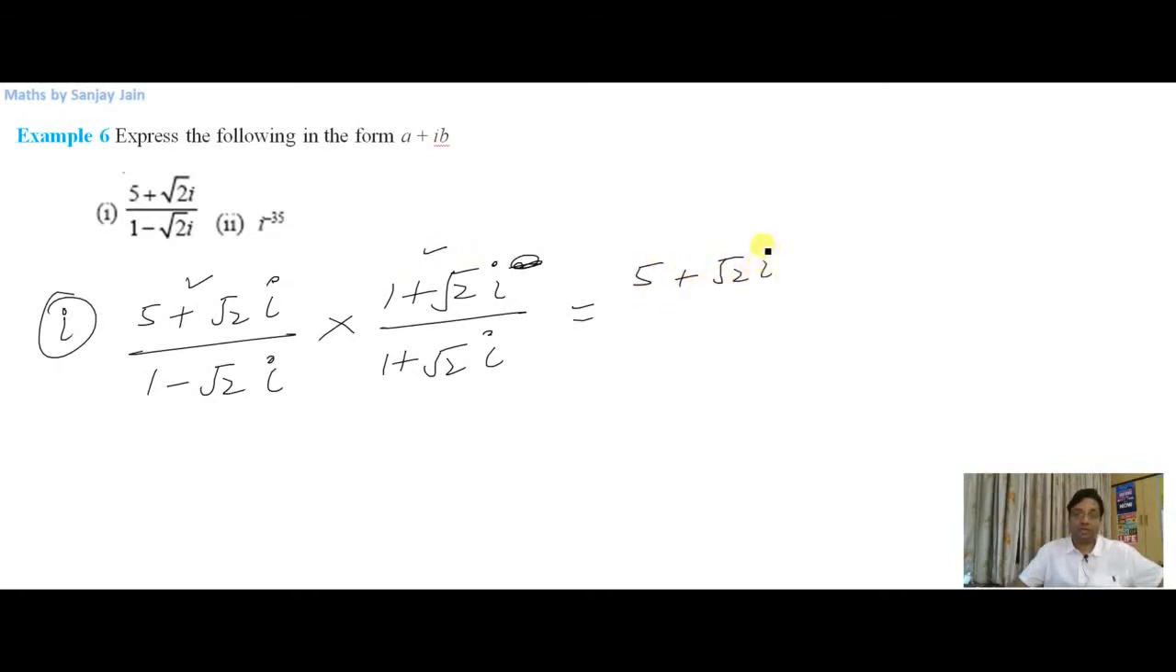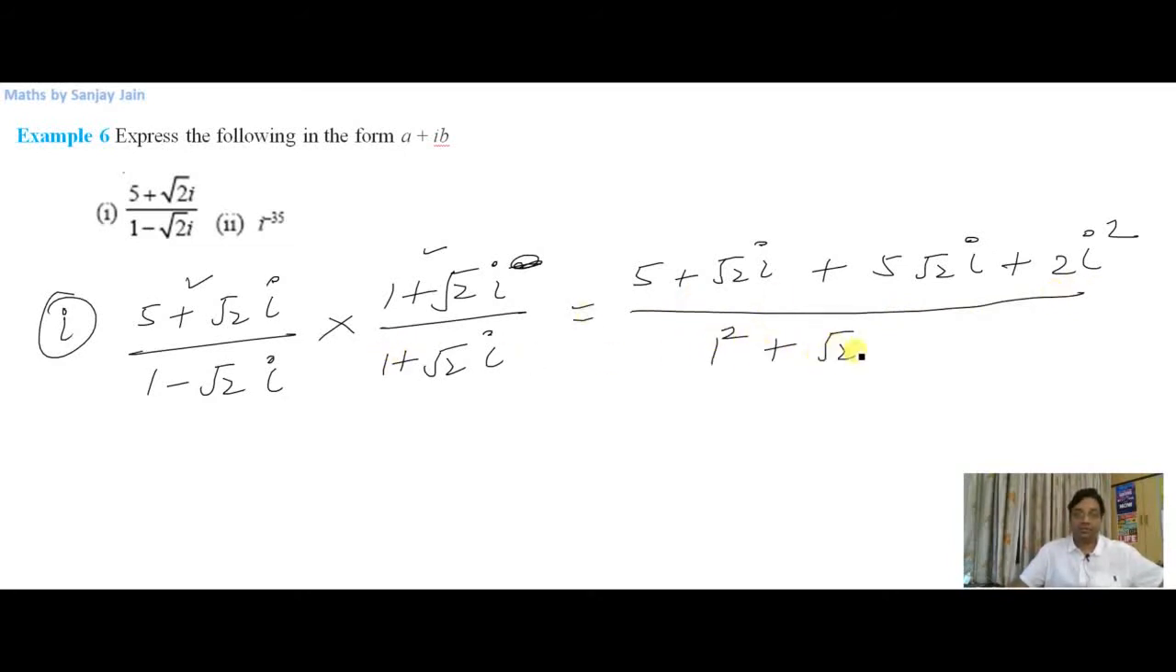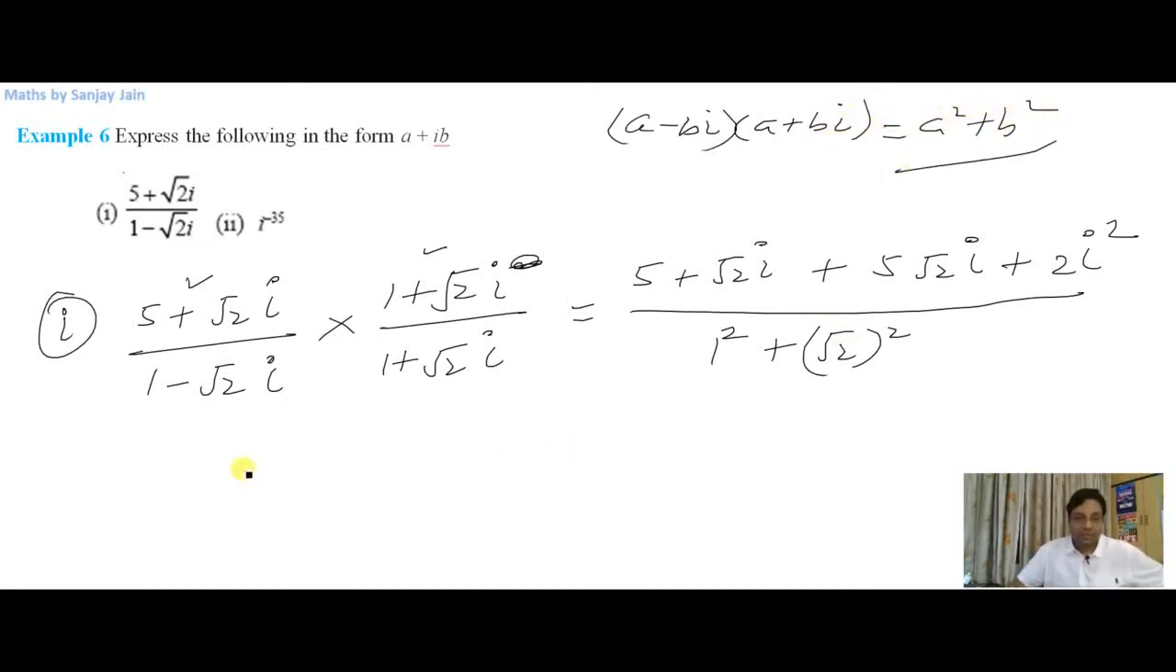So it will give me, now I am multiplying this expression with this, so it will give me 5 plus root 2 iota plus 5 root 2 iota plus 2 iota squared, and here I'll have 1 squared plus root 2 squared, right? Because I know a minus b iota into a plus b iota is equal to a squared plus b squared, right? So in the numerator I'll have this will be minus 2, right? Iota squared is minus 1, so this will become minus 2 plus 5, so it will give you 3 here,